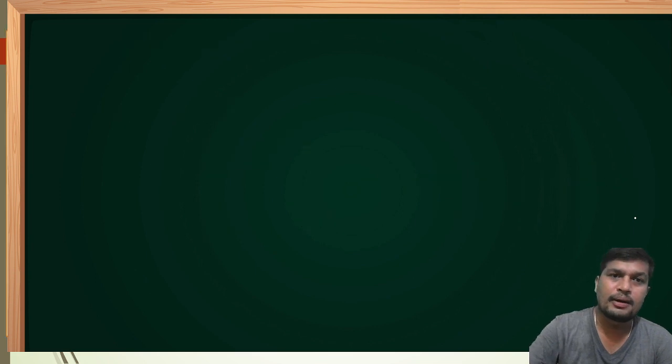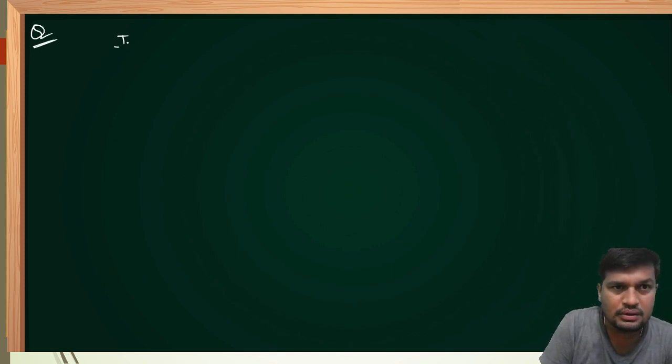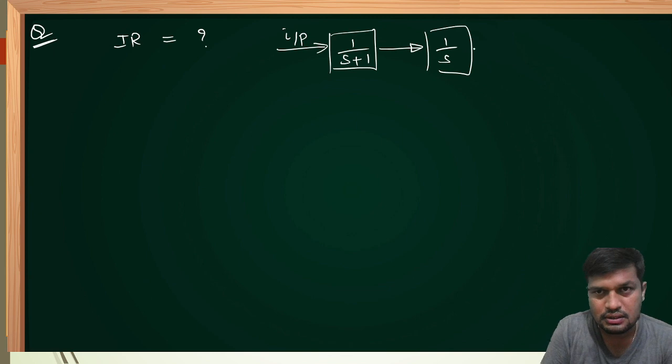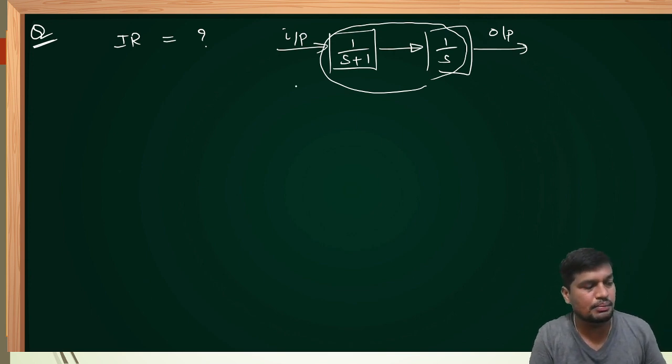Okay. Now dear friends, the second question. The impulse response of the given system is, this is the system. This is the input to the system. One block gain is given as 1 by s plus 1. Another block gain is given as 1 by s. And this is the output. The ratio of Laplace of output to Laplace of input,